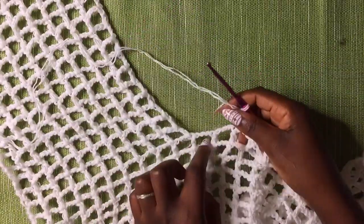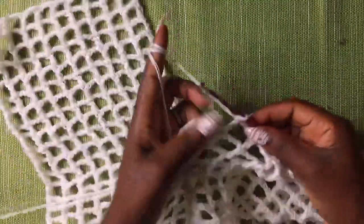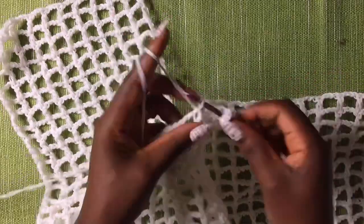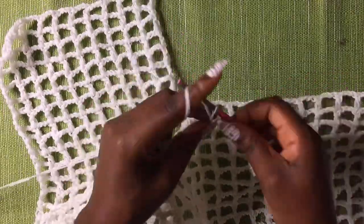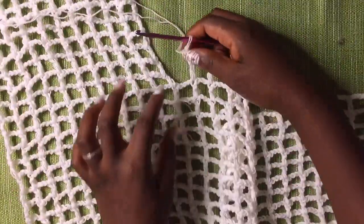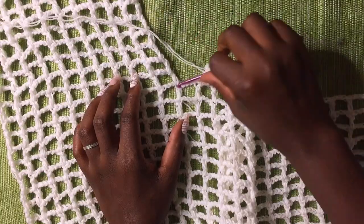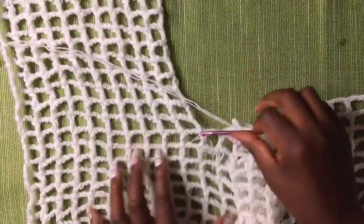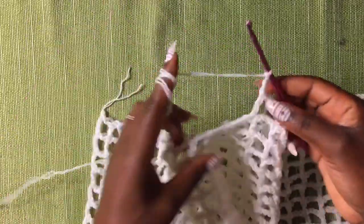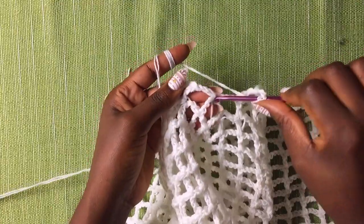So I have 2 left to reach this part. Chain 1, 2, 3 and 1, 2, 3. So on this last one, you're not going to be stitching them together. You're going to come and enter this loop, this one, just like we did at the start. After chaining 3, wrap your yarn, come in this exact loop